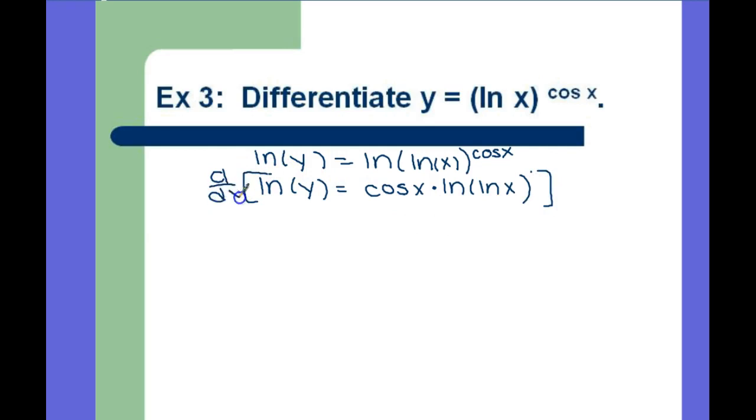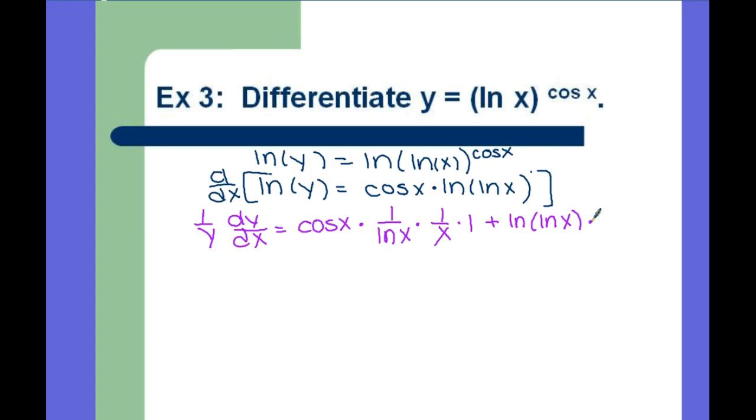Now take your derivative, right? 1 over y, dy dx. Derivative of, well, first we'll do the first times derivative of second. This is like a natural log of u, so it's 1 over u over ln x, times derivative of u. Derivative of ln x is, derivative of x is, just a good habit to form, plus the second times derivative of the first. Derivative of cosine is,